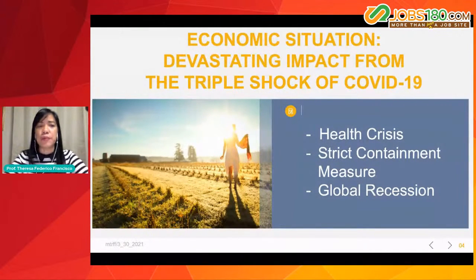The weak domestic demand has translated into lower imports, lowering the trade deficit and resulting in a balance of payments surplus in the first half of 2020. This has contributed to the appreciation of the Philippine peso and an increase in the foreign reserves to an all-time high, while the labor market rebounded last July